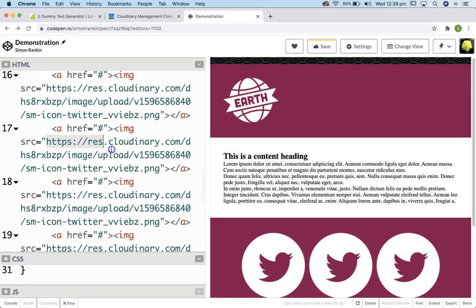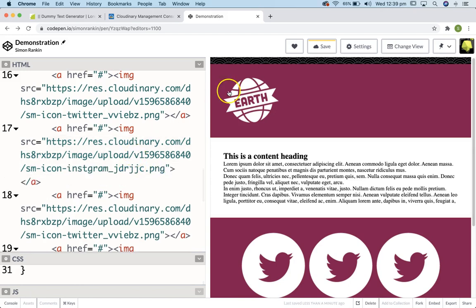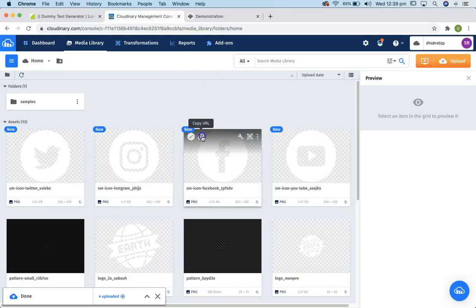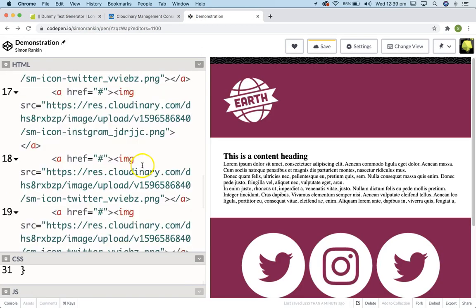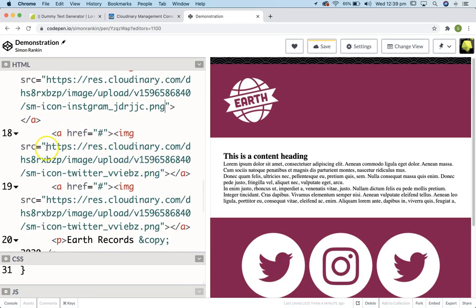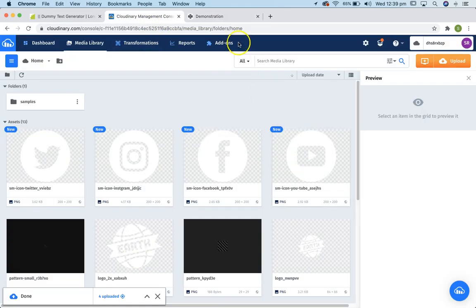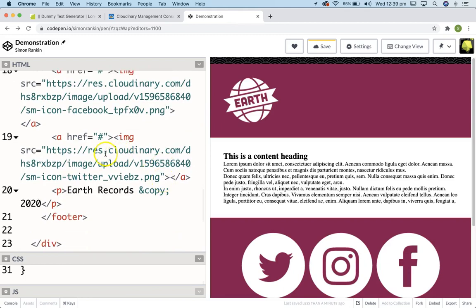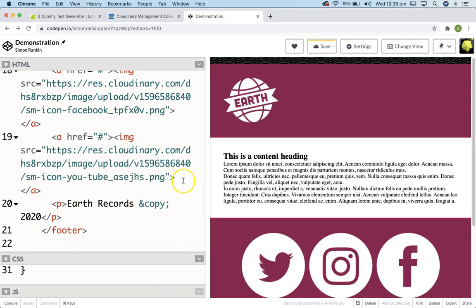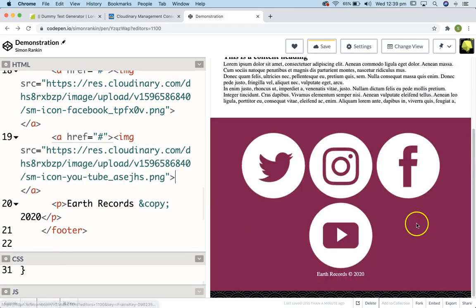I'll provide you with these links if you're working along with me. You can see them being added to the render on the right hand side there. So you'll have to copy and paste these links into this position. Okay, now you can see that they're too big and they start to wrap around there. We don't want that to occur, so I'm going to add a class to